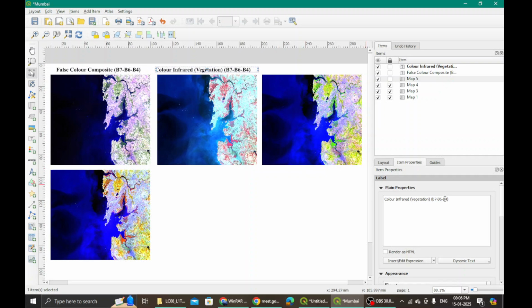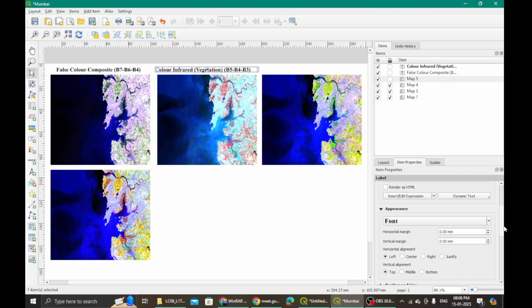Color infrared for vegetation. What is the combination this time? It is 5 4 3. So 5, 4 and then 3, right? Likewise do this.